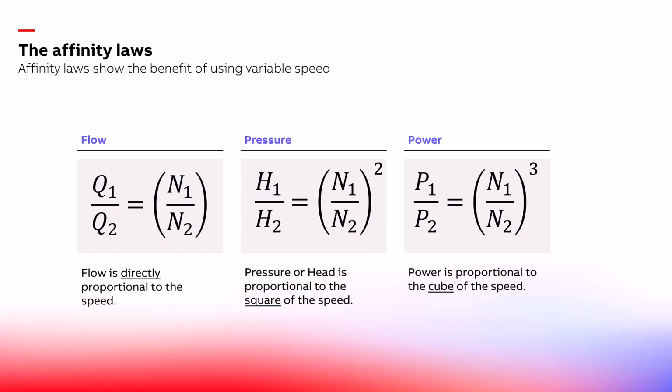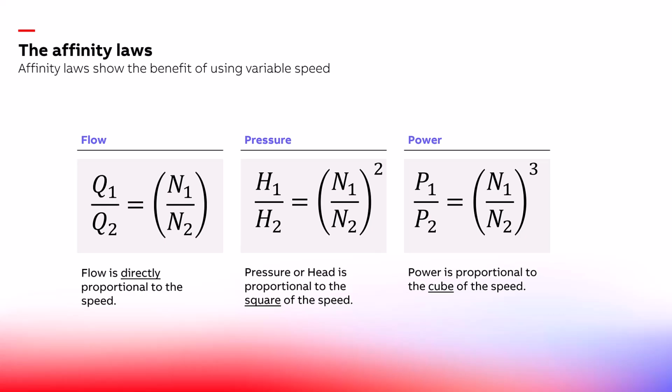And the affinity laws show the benefit of using variable speed. And as you can see, flow is directly proportional to the speed. Pressure or head is proportional to the square of the speed, and power is proportional to the cube of the speed. Now the power is the one that's really interesting for me in these when talking about variable torque applications,